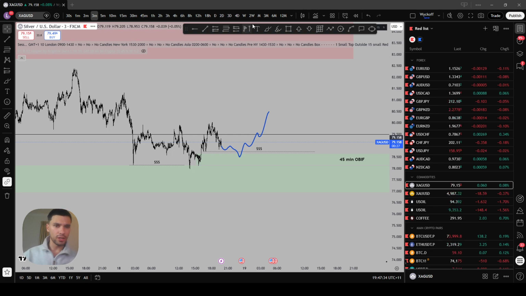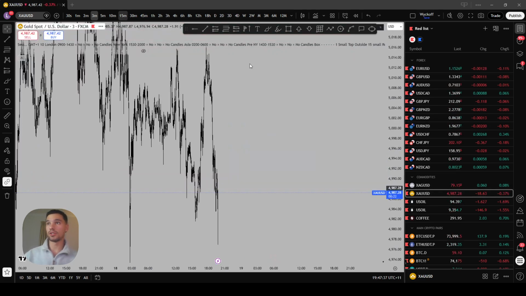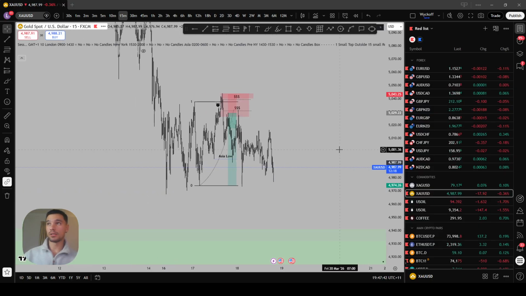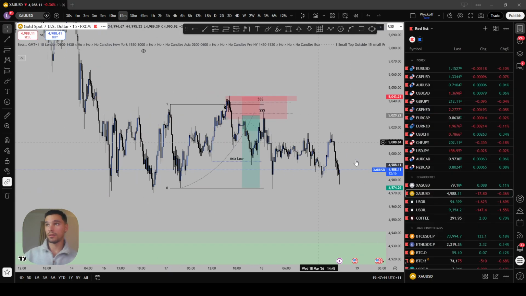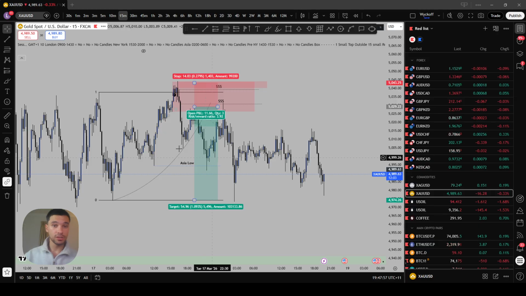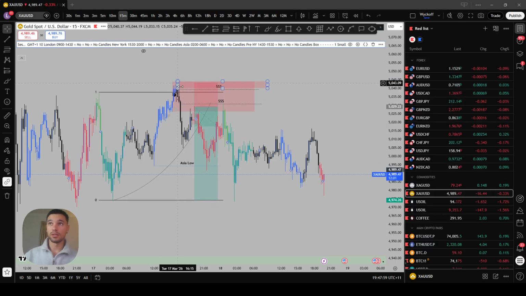If I did say gold earlier, I do apologize. This is silver I'm talking about. Now, gold is what we did have a potential distribution scalp on, which I had set up from the other day, and you can see here price did something very, very weird. It actually swept our Asia low first. Obviously, it had already taken out Asia high, but it had swept Asia low before actually